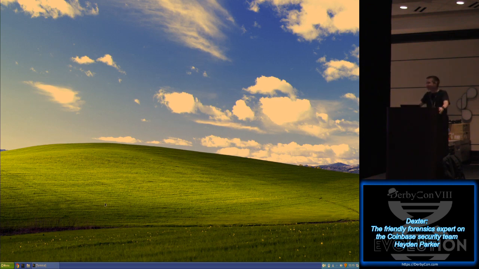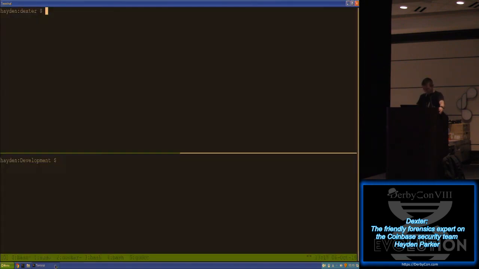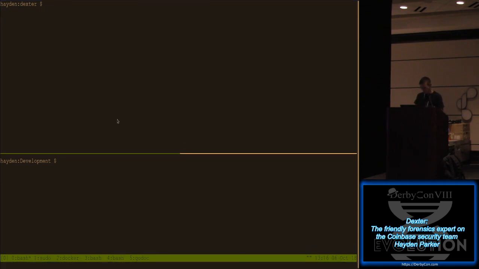Cool. So we're going to go over in this direction. This is not Windows XP. This is Linux. But you know, this is the pinnacle of user experience, and I want to be able to develop in an environment that feels comfortable and empowering for my workflows, that I really feel like I know my way around. So, all right, we're in Windows XP. Cool. Just kidding. What are we in right now? I think this is Sabayon, which is like a binary distro of Gentoo, because I like to make my life hard. It's pretty cool.